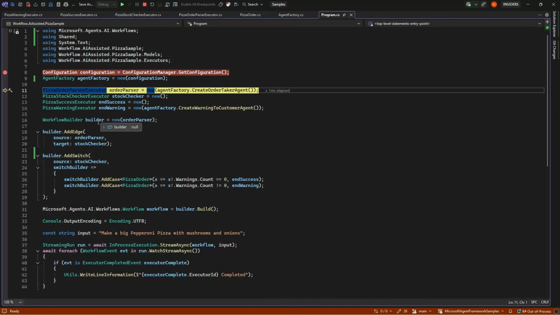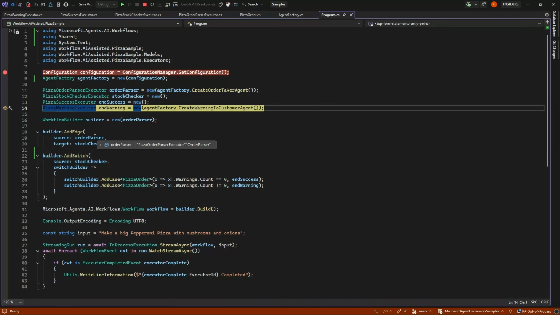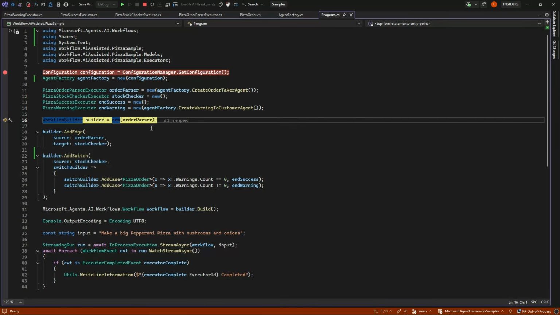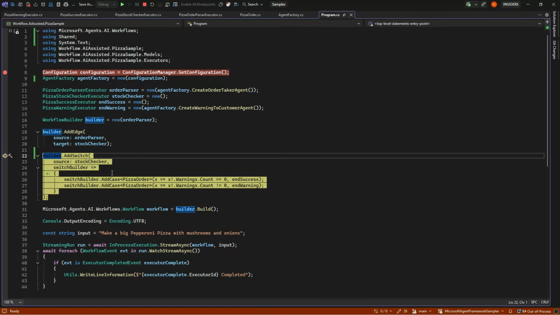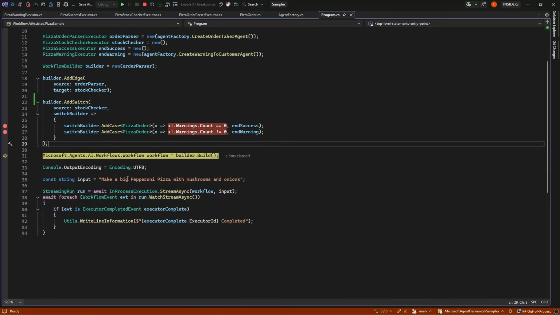So we're getting our configuration and we are building our executors. So they don't do anything at build time, they're just being marked up. And then we're going to make our edges and our switches, and we can also set some breakpoints in our switch so we can see that a little while.